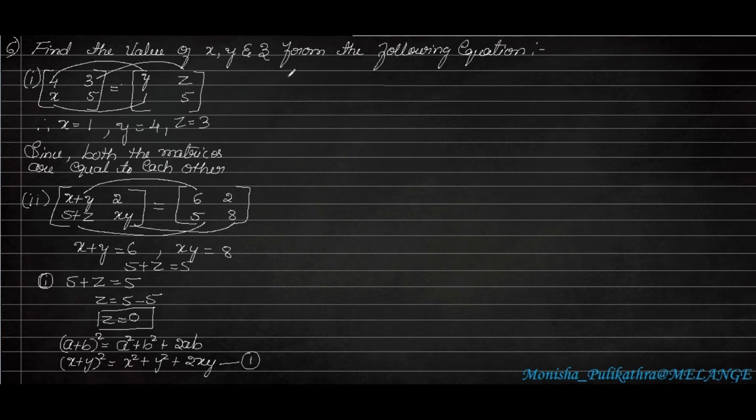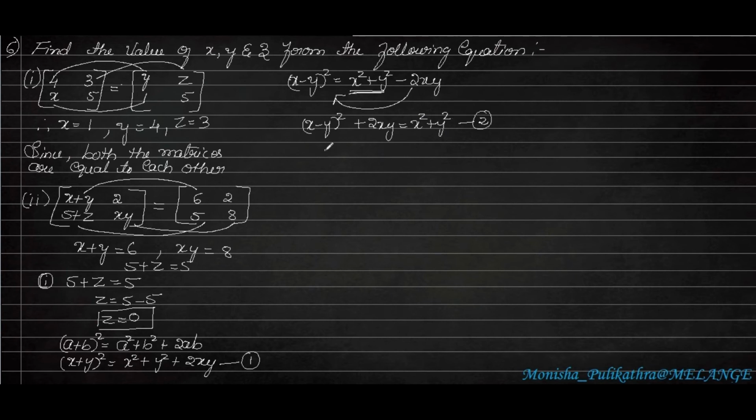Next I will be taking the second identity, that is a minus b whole square. A minus b whole square in the form of xy will become x minus y whole square is equal to x square plus y square minus 2xy. That is a minus b whole square is equal to a square plus b square minus 2ab. Here I will be keeping this x square plus y square here itself. I will be shifting this 2xy this side. So it will become x minus y whole square, this minus 2xy, when I shift it here, it will become plus 2xy is equal to x square plus y square. Let this be equation number 2.